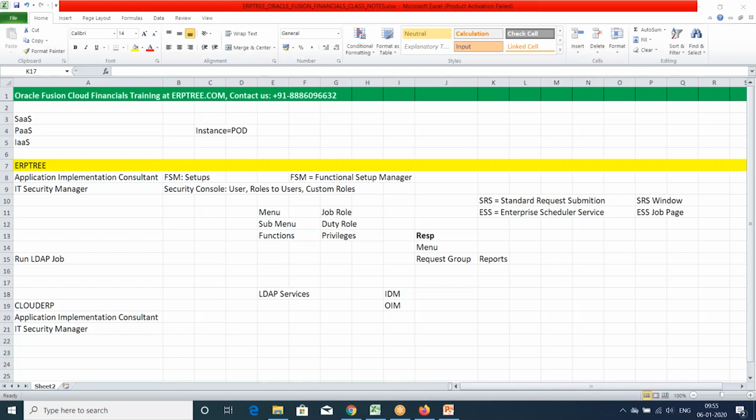And when it comes to technical people, it could be SaaS or PaaS, depending on which integrations you want to do, and whether you want to develop custom BI reports or not. If it is PaaS, you are going to develop new functionality. Depending on how much work you have in these areas, you can plan whether you require a dedicated technical consultant or not.